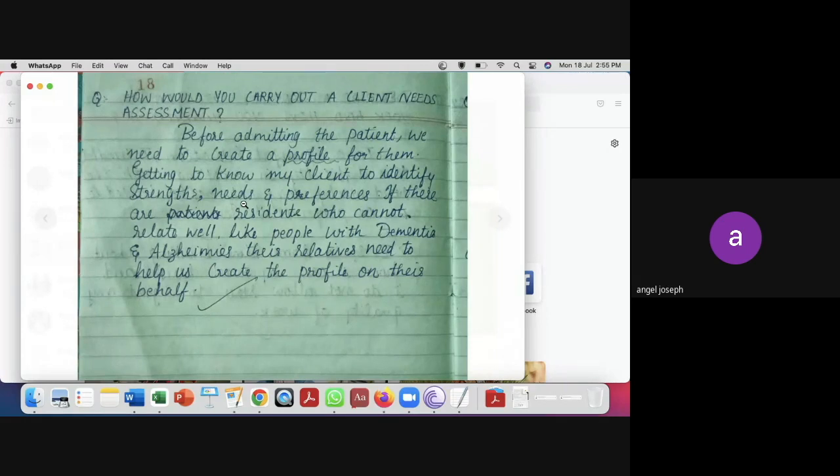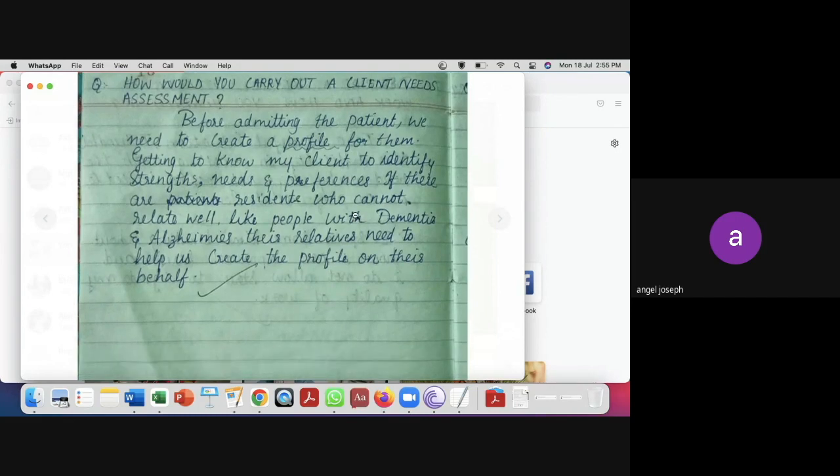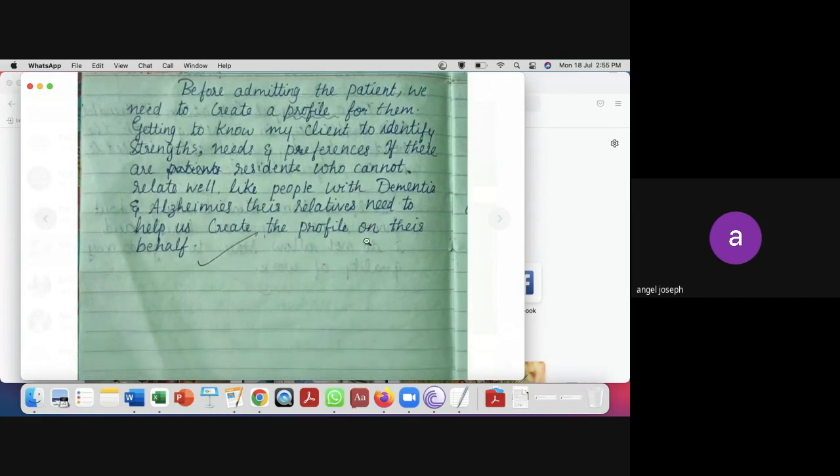Alright, so now the next point. If there are patients who cannot relate well, like people with dementia, people who have Alzheimer's, people who have Parkinson's, dementia patients,